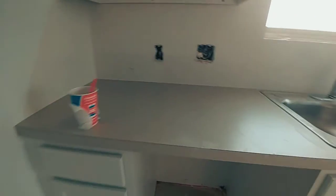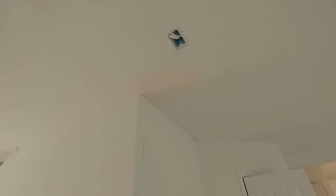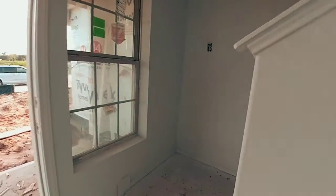Cabinets are in. They're not the greatest. Laminate. I don't know if they're going to be putting in a backsplash or not. Kind of a weird choice to do rounded stuff. You remember me last time I said they should have put a door in there, but it wasn't done. So you just got a big void there of empty space now. Let's